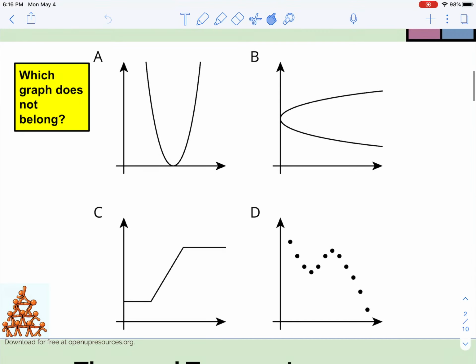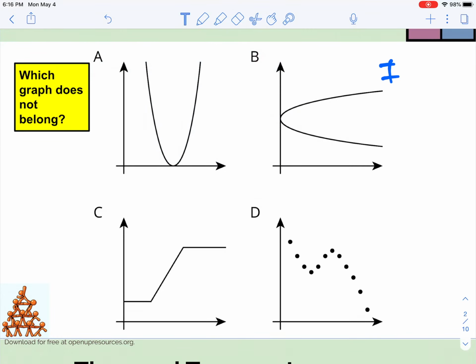So for your warm-up activity 1, there's 4 different graphs, and in your books just say which graph does not belong. So this is one of those questions where you can really give whatever answer you want. So pick a graph and give a reason for why you think that it does not belong. So I think,